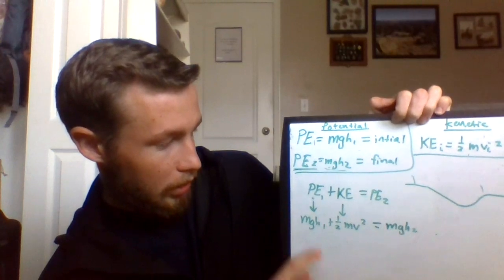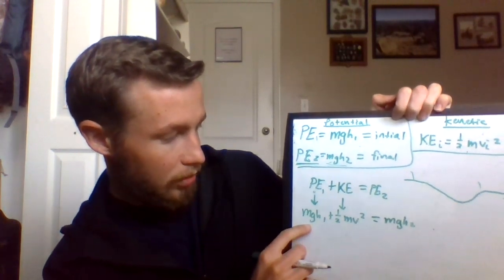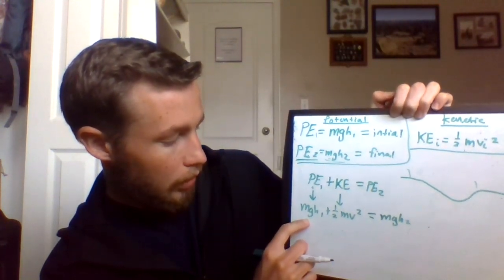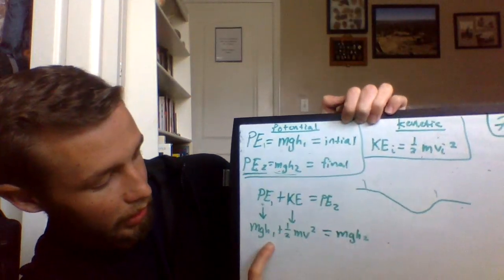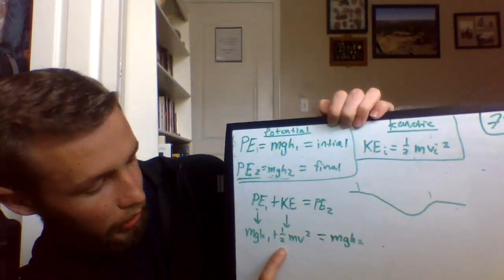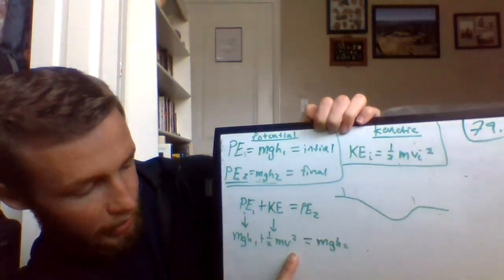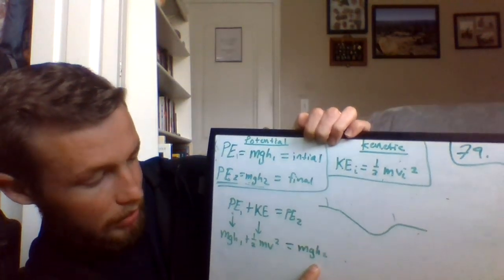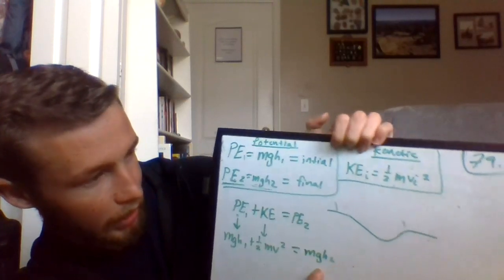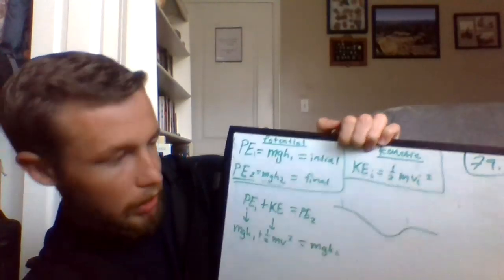So we can substitute the potential energy 1 for mass times gravity times height plus 1/2 of the mass times the velocity squared, and that will give us the kinetic energy for the second resting place. So if we plug that in,